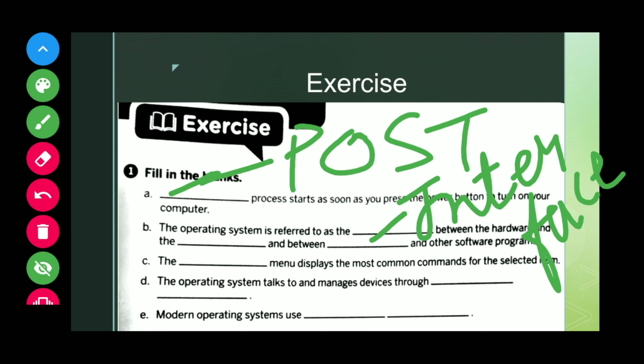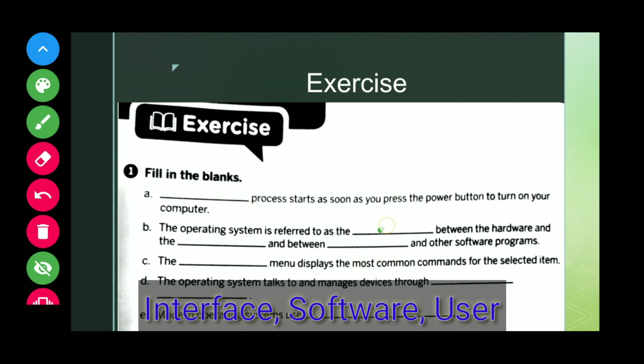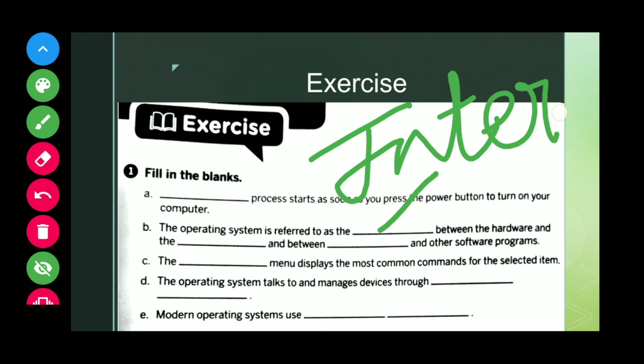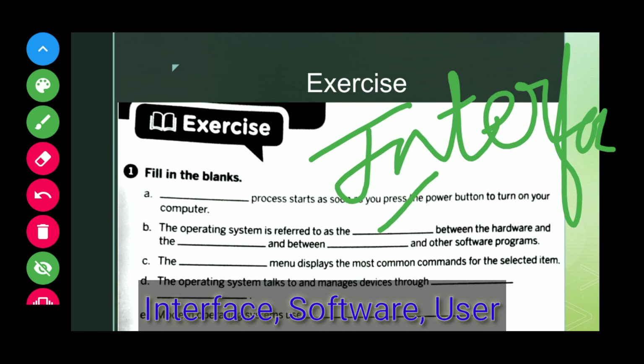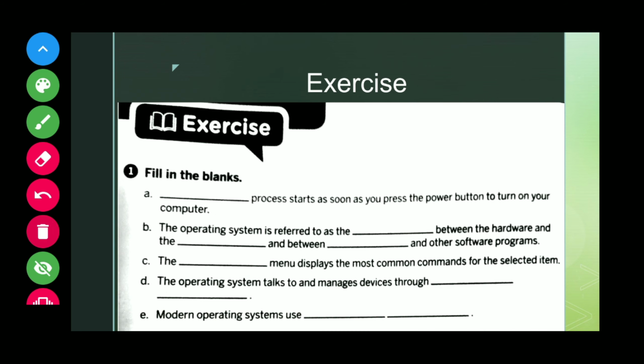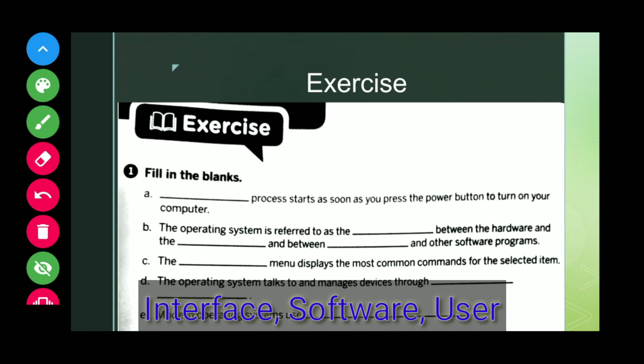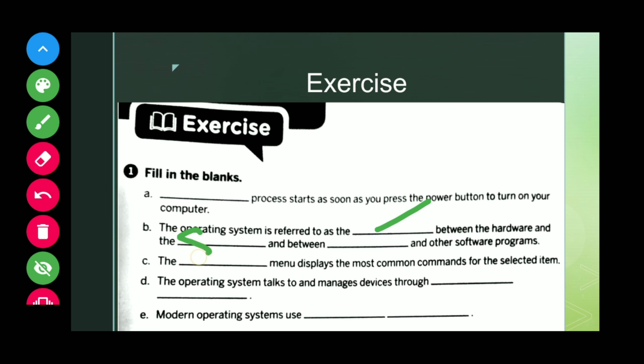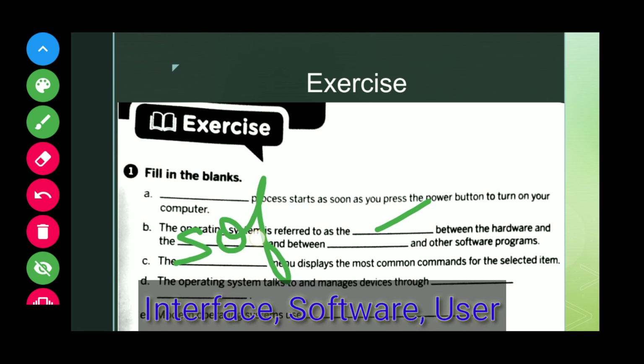So you can write interface here. And the operating system is referred to as the interface between the hardware and software. Here you have to write software.